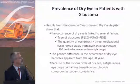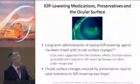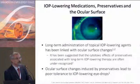The condition is getting worse and worse with the quantity of eye drops, especially when we use more than 3 medications separately. The problem is much worse in comparison with single medications or monotreatment. On the other hand, we have to be concerned about what's happening with regard to the preservatives and the ocular surface. It has been suggested that cytotoxic effects of preservatives are often under-recognized. This is true. We generally don't give our time to look at whether our patients are suffering from a type of ocular surface problem. And ocular surface changes induced by preservatives lead to poor tolerance and to low